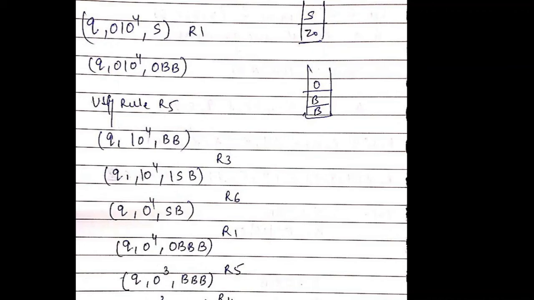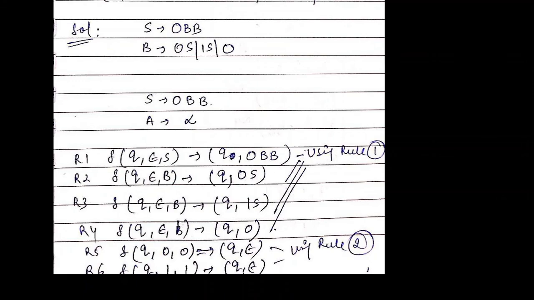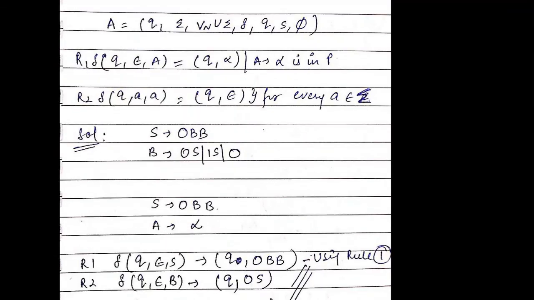Using rule number 6 that we generated before, I can show you the rules. These are the rules. Moving back, using R5, R4, R5 and R4, at the end we get (q, 0, B). Since B tends to 0, we get (q, 0). Both 0 and 0 perform a pop operation, and at the end we get null, meaning the stack is empty. So we have proved that the string accepted by the given grammar is accepted by the PDA as well. Our result is correct, and we have produced a correct PDA for the given grammar.